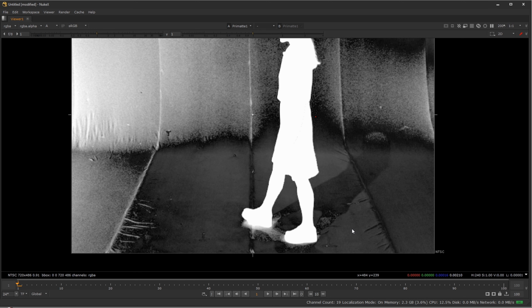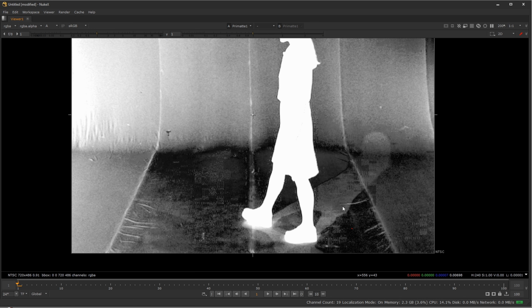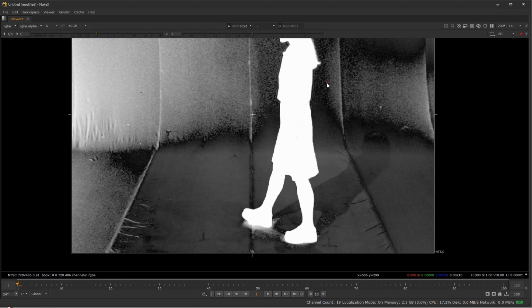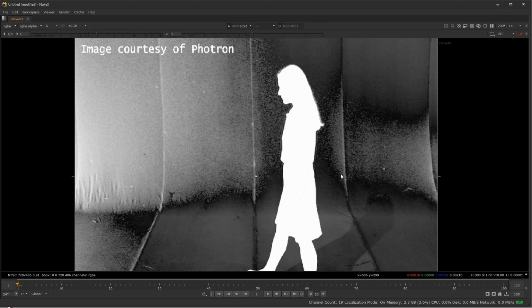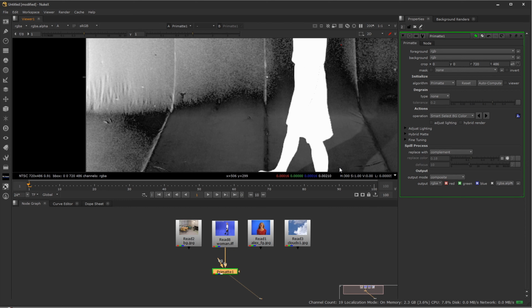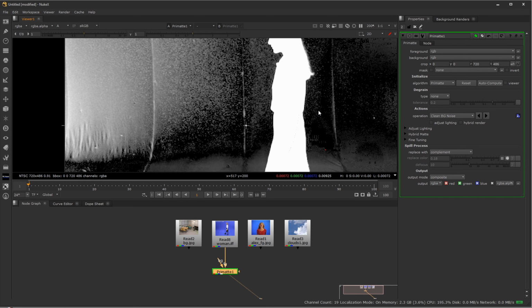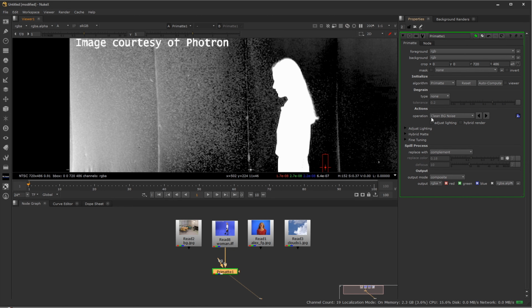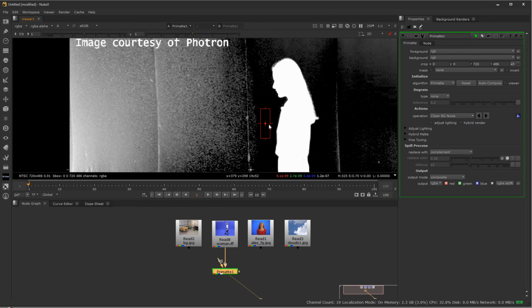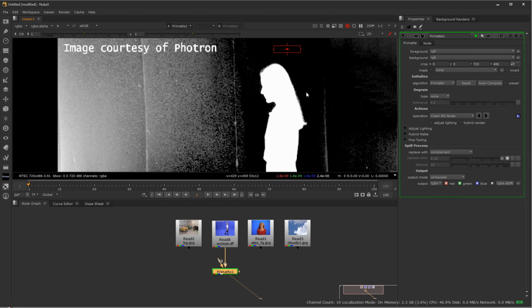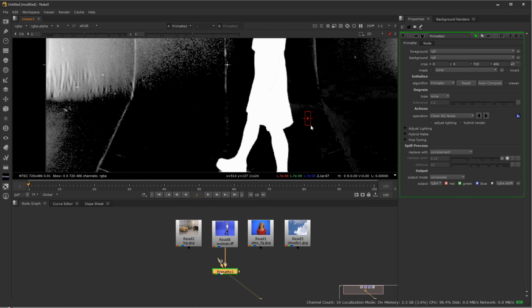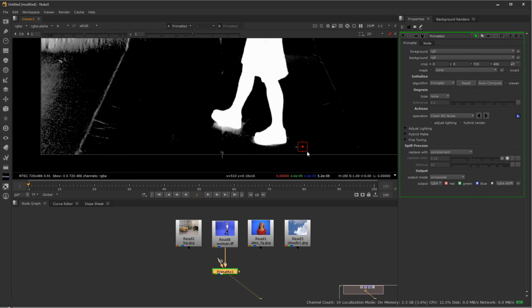So if I control left click down here, that starts to get there, but then this is really bright. If I click up here, this starts to work, but then this is getting brighter. So it's kind of a battle. And the problem is you don't want to just say, okay, well, I got my initial color, I'm just going to go ahead and do clean background noise and control left click and make all this black. You can, and that's what the clean background noise is for, so you can selectively add more to your selection. But what happens when you do this is you end up making the pixels, let's just say